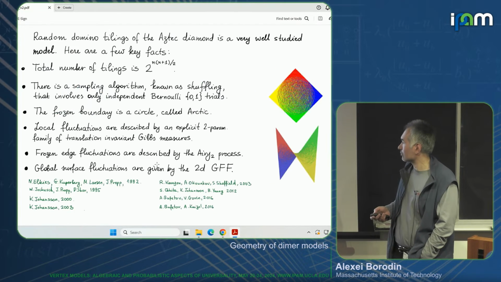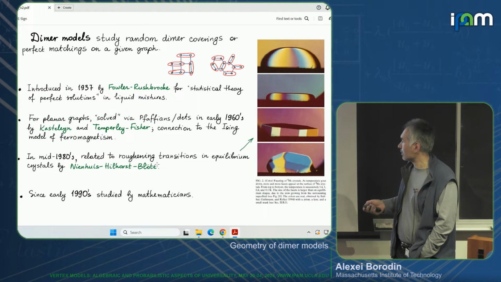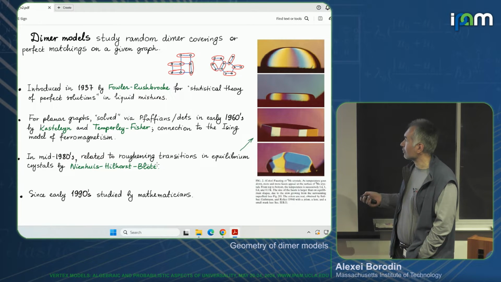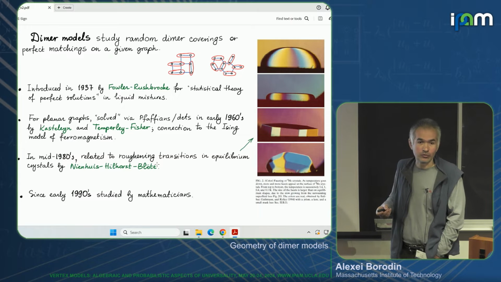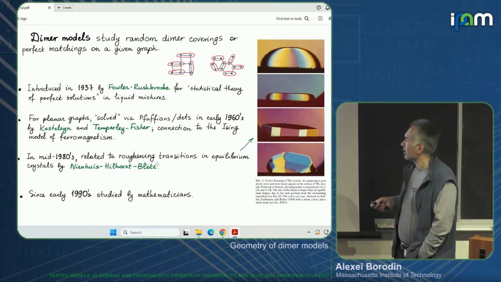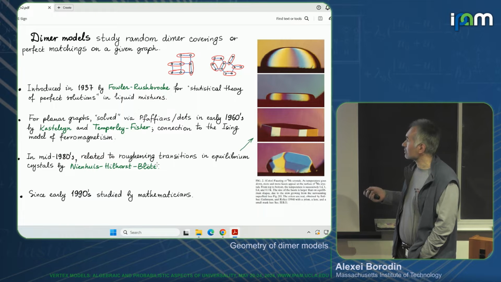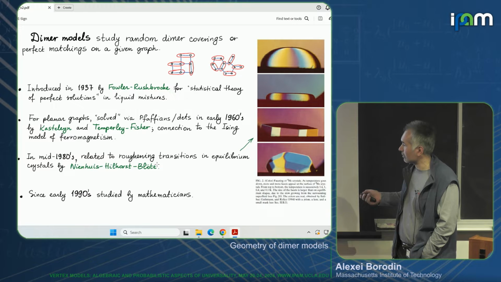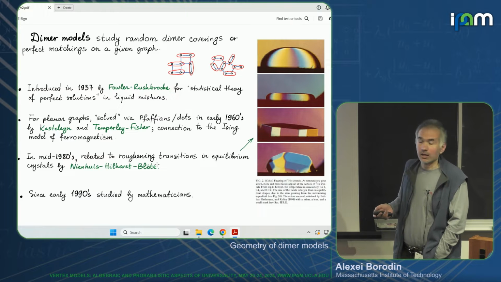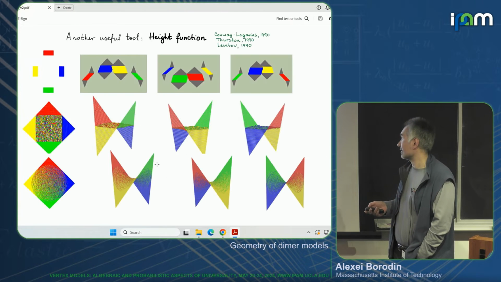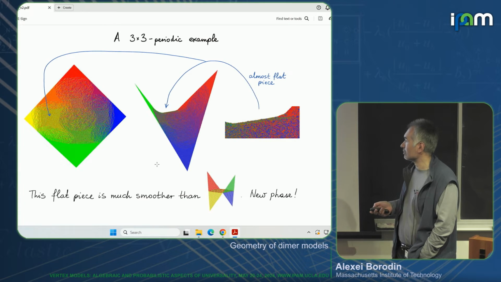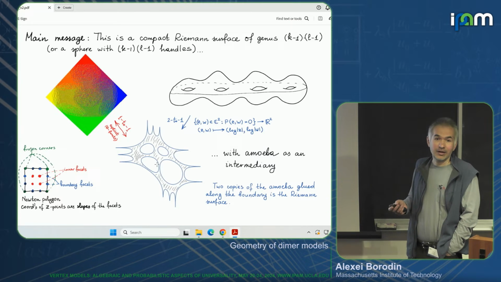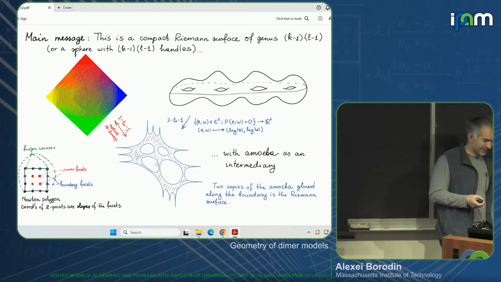So if I go back to my picture over here, there are flat pieces that are very flat. And then there are curved pieces that fluctuate much more. A natural question is, can you really do the temperature thing? So can you go down to the completely flat thing? And yeah, that one can do. So the temperature going to zero limit of this picture also exists by a very